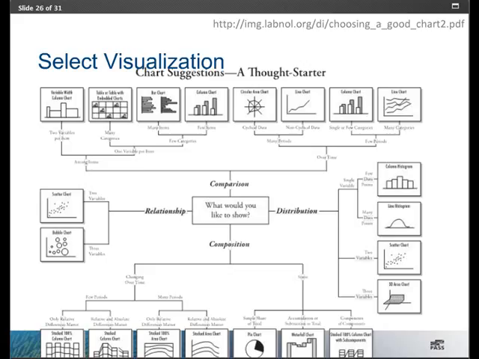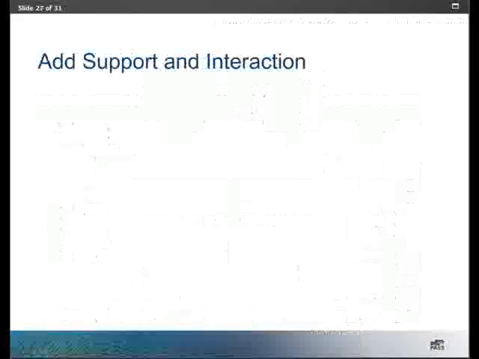You next need to consider the type of support and interaction that would actually enhance the dashboard. And this would be relevant primarily for your analytic and operational dashboard. Remember to keep your audience in mind. So, for supporting information, think about adding a section for outstanding issues or tasks to be performed. Maybe we have a schedule of due dates for tasks and the people responsible. On the other hand, don't include this if it doesn't make sense. At all times, bear in mind what helps people act on the information in the dashboard.